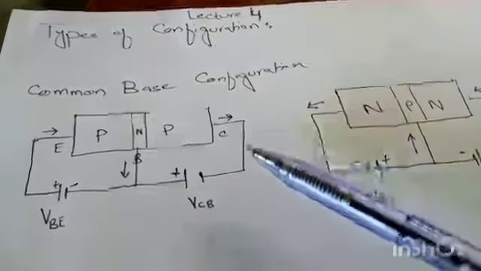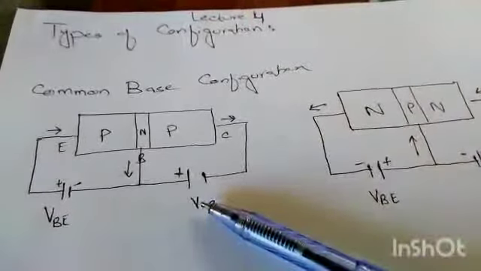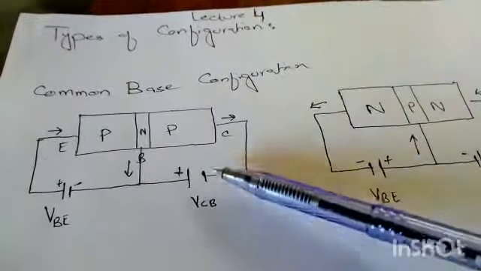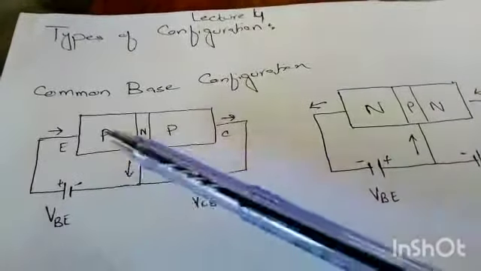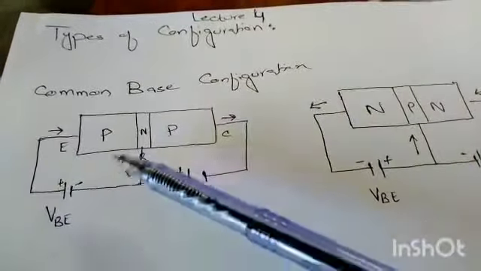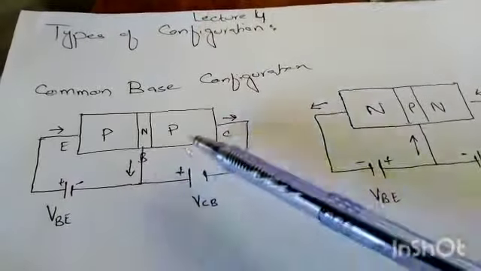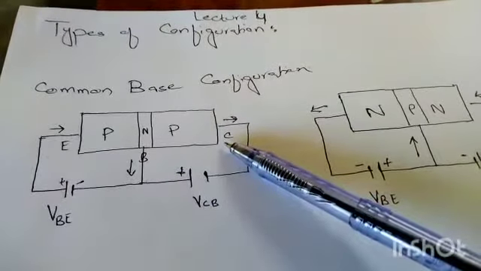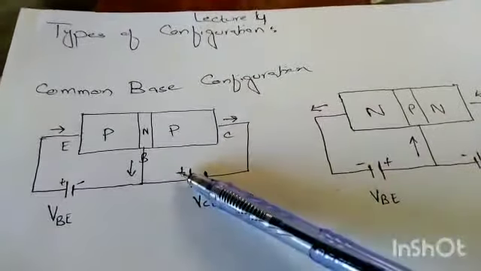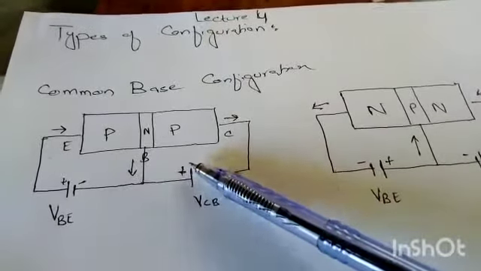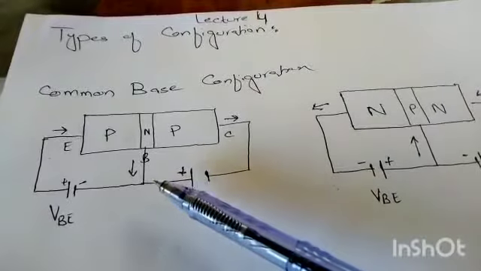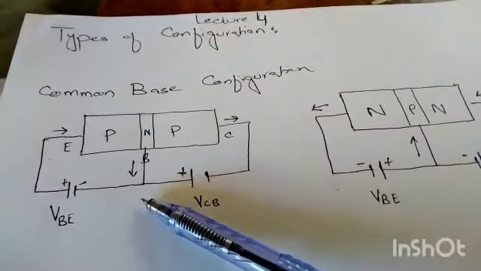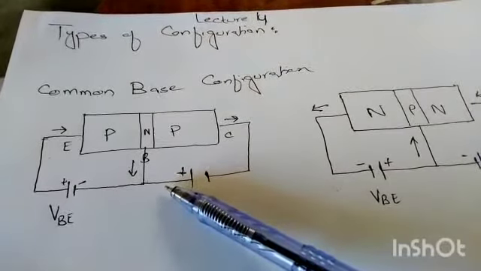Now we discussed the configuration of the transistor. As I discussed, a transistor is a three-terminal device. It has an emitter, base and collector. One terminal you call the emitter, the second terminal you call base, and the third terminal you call the collector. It's a three-terminal device, so whenever you connect this device in an external circuit, you connect it in such a way that you take one of its terminals as a common terminal.